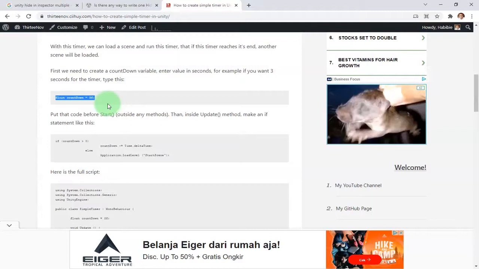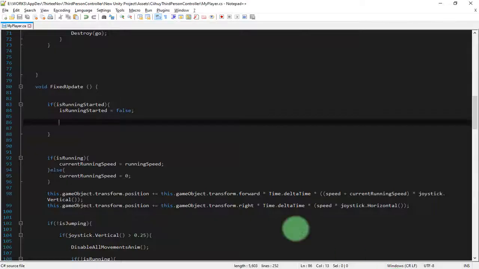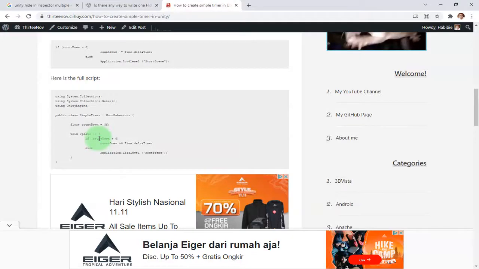So hang on, let me think. Do we need this line or not? Okay, basically we have this line here, isRunningStarted, and if its value is true, we will start to count down, to set the countdown, and it is this way.